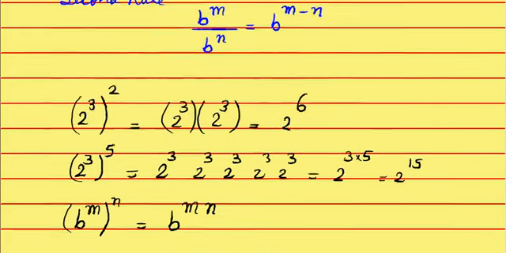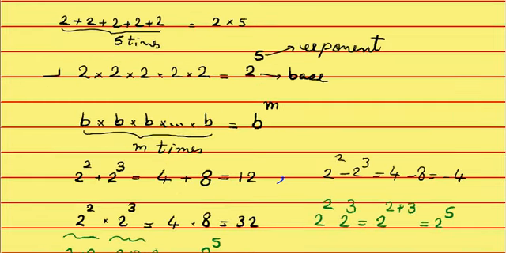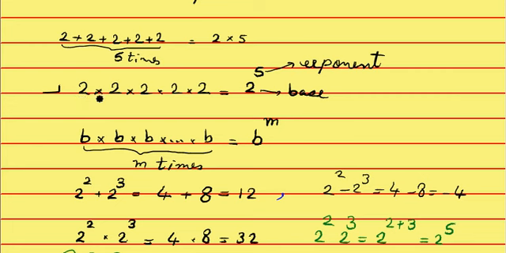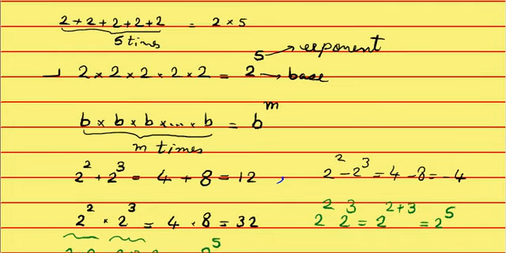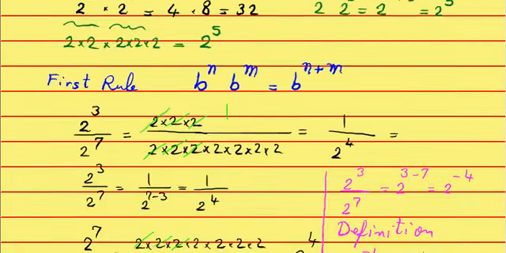attract your attention to the following fact, that it does not make sense based on this original definition to talk about 2 raised to the power of 1/3, because you cannot multiply a number by itself 1/3 times. You either multiply twice or 3 times or 5 times. You cannot multiply by itself a fractional number of times, just in the same way that you could not multiply it by itself a negative number of times. So